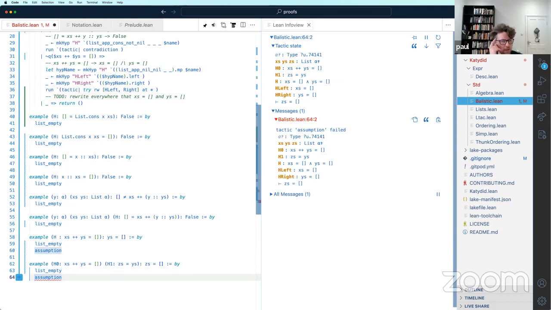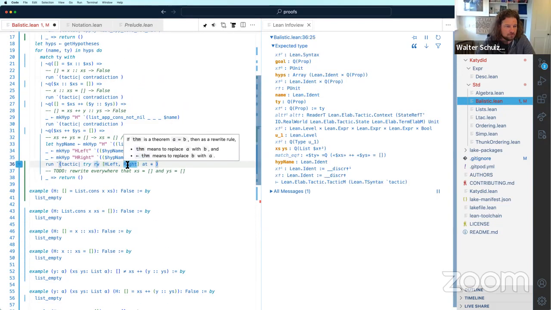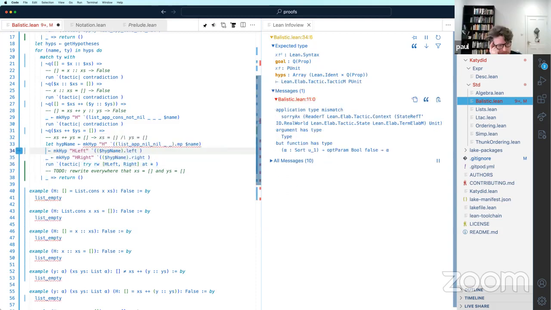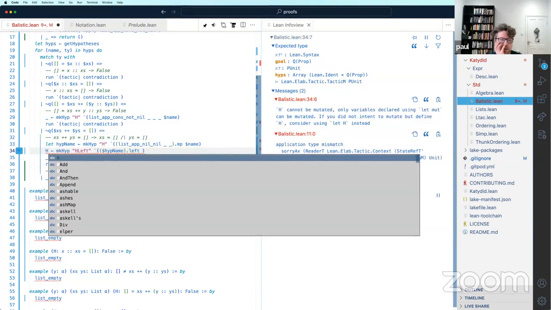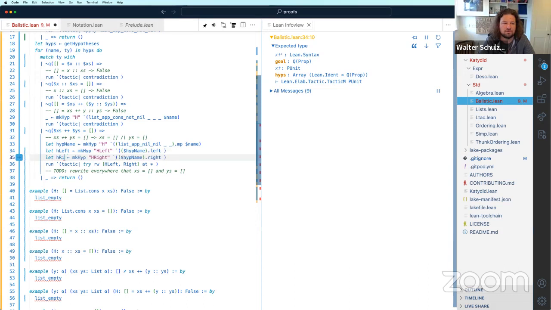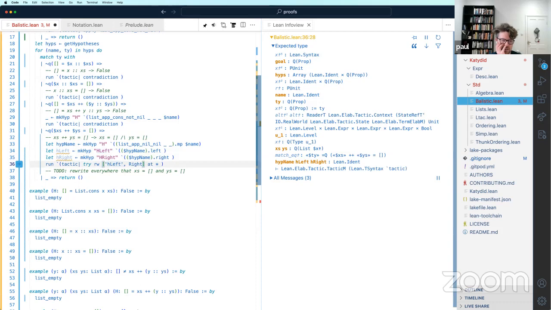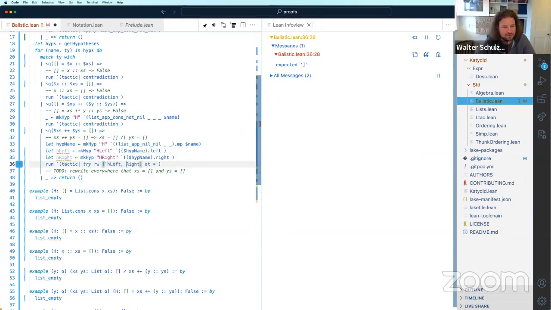Yeah, so on line 36, it should be H right rather than right. Oh, we don't have right. We don't have the actual names. So why does that work then? It doesn't work. Oh, because it's just in quotation. The quotation doesn't do any scoping. Because you got to quote it.